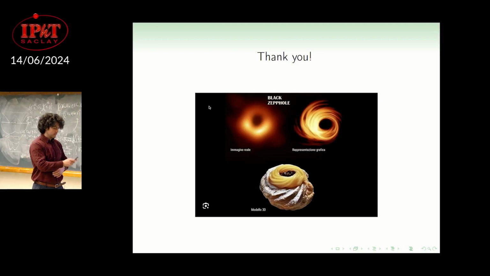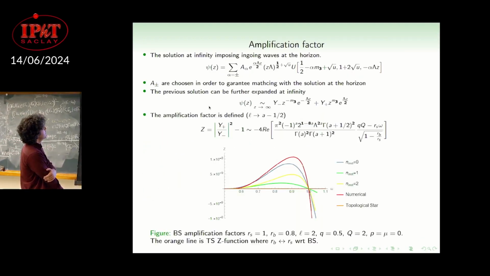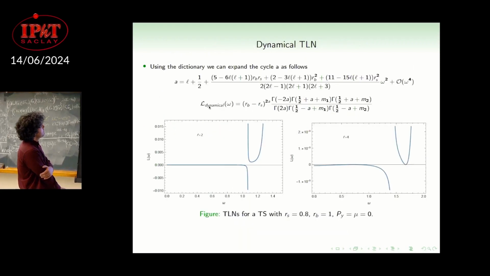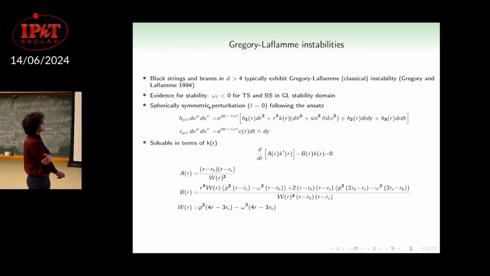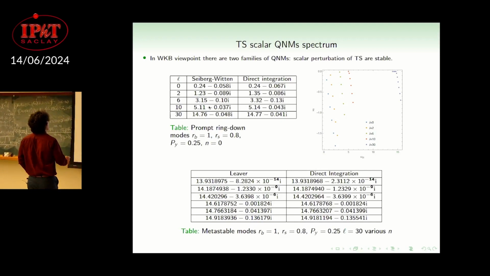At a certain point you were making a distinction quite early between modes that have a large imaginary part and modes that have a small imaginary part, depending on whether they are perturbations around the unstable point or not. Yes, this one. So the second type increases very rapidly, from 10 to the minus 14 to order 1. The other one seems to increase less. Is there any reason for this difference?